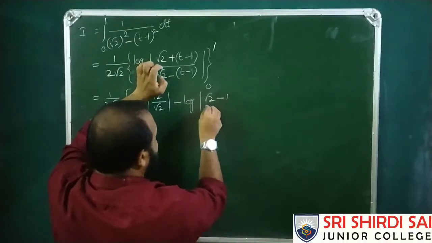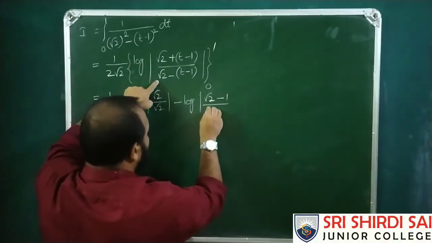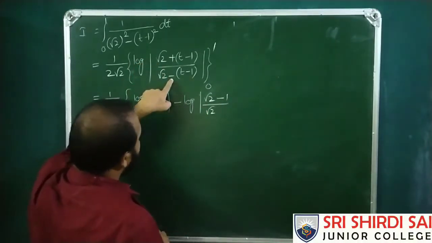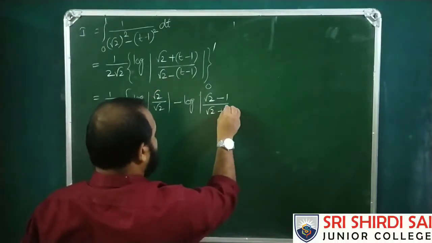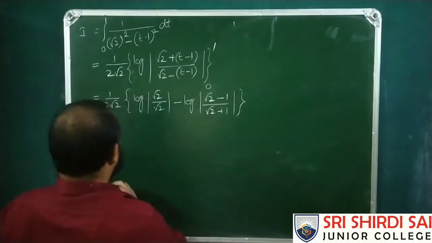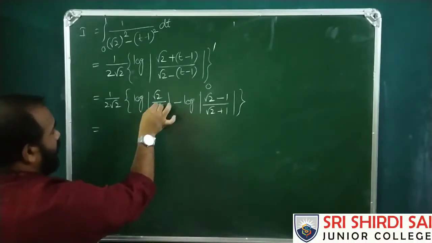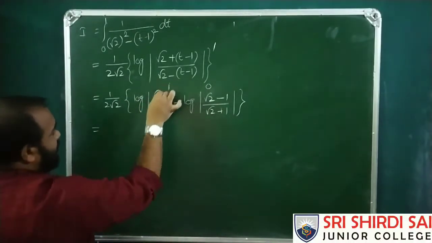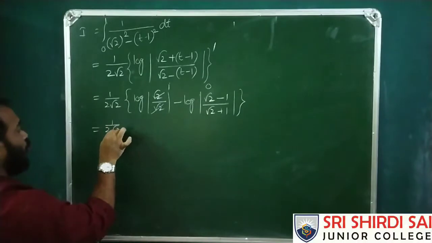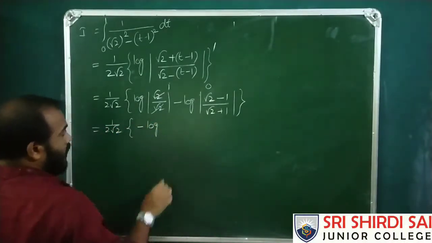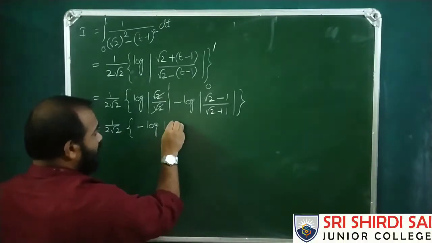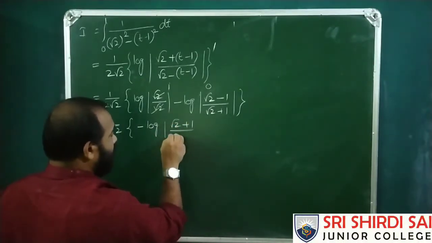So root 2 minus 1 by root 2 minus t value 0, minus into minus plus 1. That is equal to log 1, whose value is 0. So 1 by 2 root 2 minus log, this can be written as root 2 plus 1 by root 2 minus 1 inverse, because